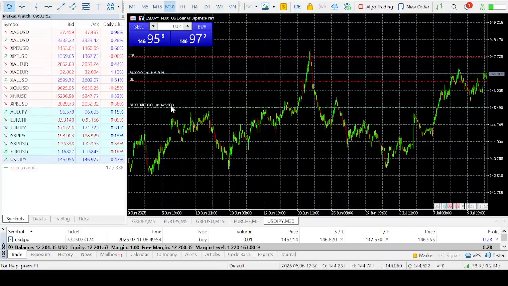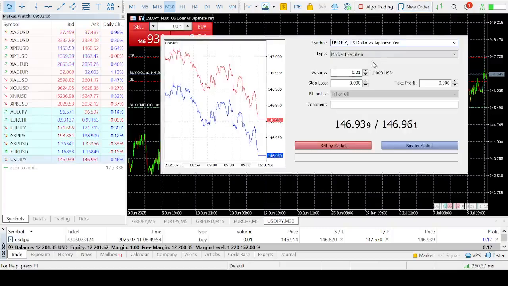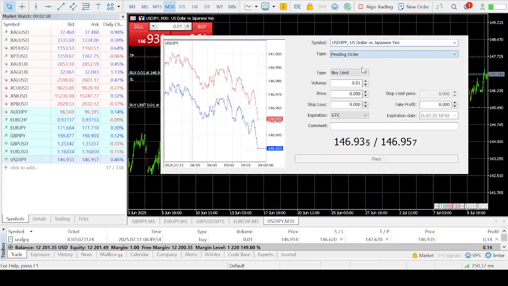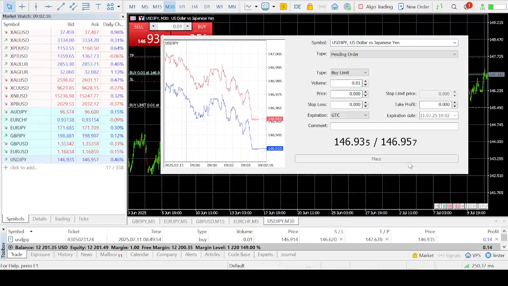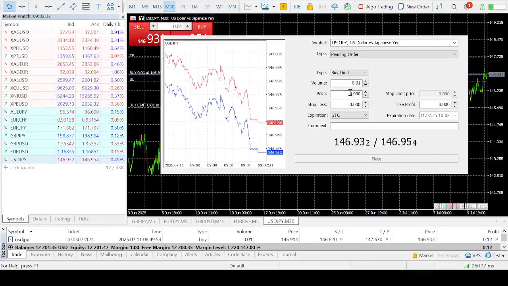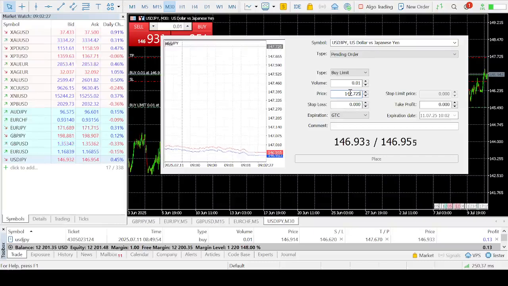then the price at which I am buying the market. Now you have to pay attention, because if I put buy limit now, if I open new order and I want to pick buy limit and I want to put a price that is above the current price of the market, it will not place. This place will not work. So let's assume I want to put 147.725. If I press here, 147.725, you can see that this place is not working because